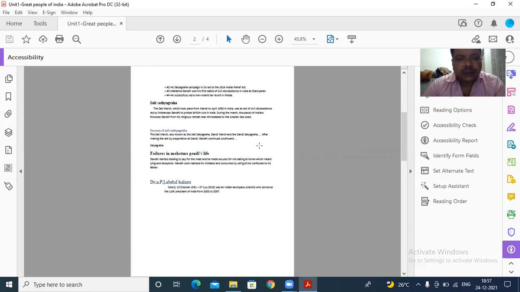As in this file, the first list item is in page number 1, and the second, third, and fourth list items are in page number 2. So it is not announcing list with 4 items. It is announcing only list with 1 item in page number 1 and the remaining 3 items, that is list with 3 items, in page number 2.